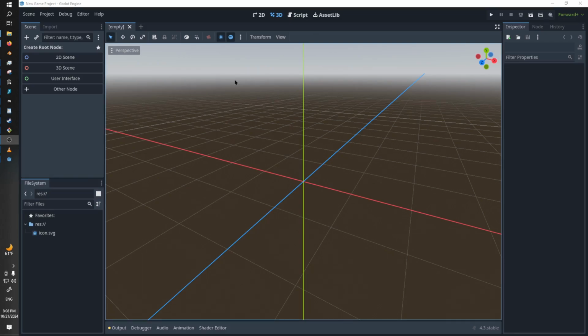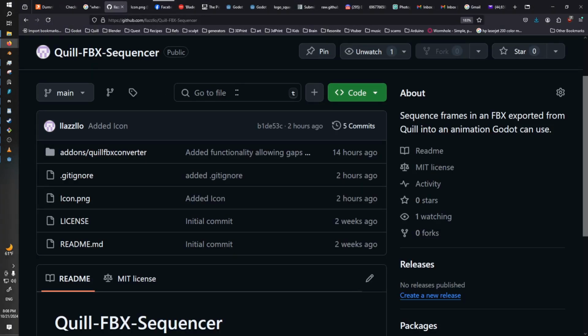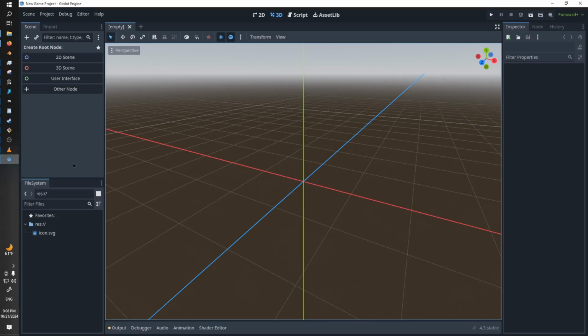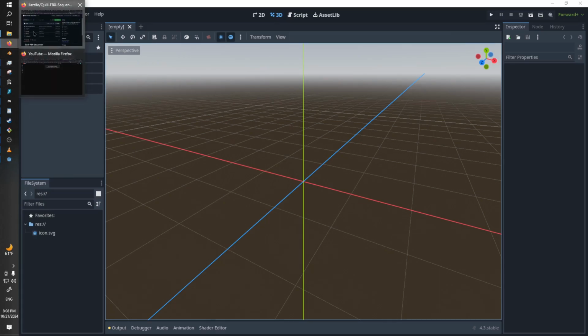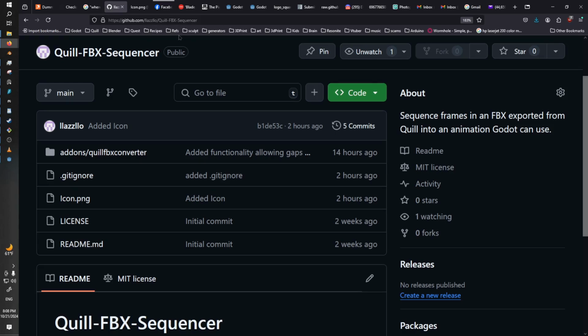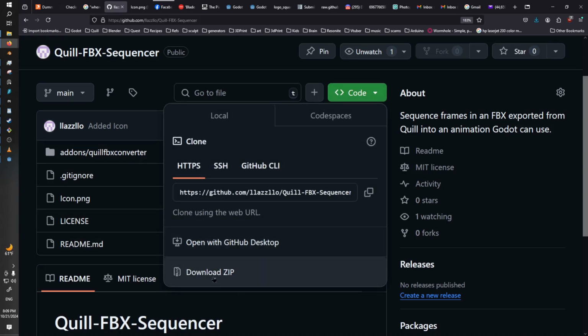But if you have experience with Godot, you have a project open, and we are going to, right now I don't have it on the asset library yet, but when it's on the asset library, then I'll amend the video so that we go over how to install it from the asset library. That'll be easier. For right now, it's just on my GitHub, and I will put the link down in the description. So once you follow that link, you go to code and download zip,